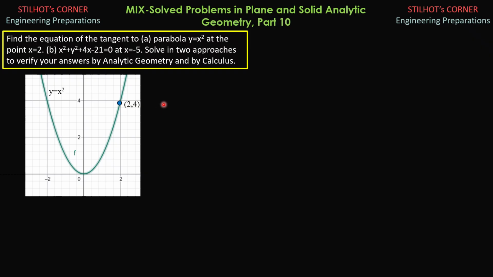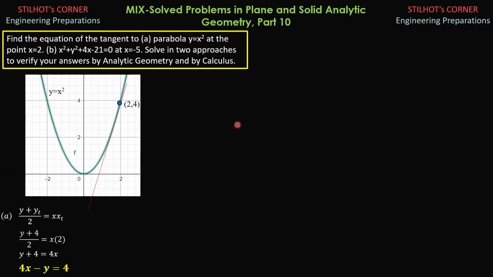So by analytic geometry, we replace y by 1/2 of quantity y plus yt and x squared by x x sub t. So that's the tangent: y plus yt over 2 equals x xt. We substitute the values of xt and yt, correspondingly 2 and 4. So y plus 4 over 2 equals x times 2. y plus 4 equals 4x. Then the equation of the tangent to this parabola is 4x minus y equals 4.